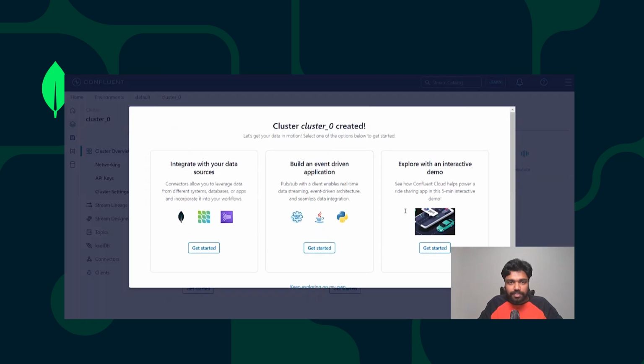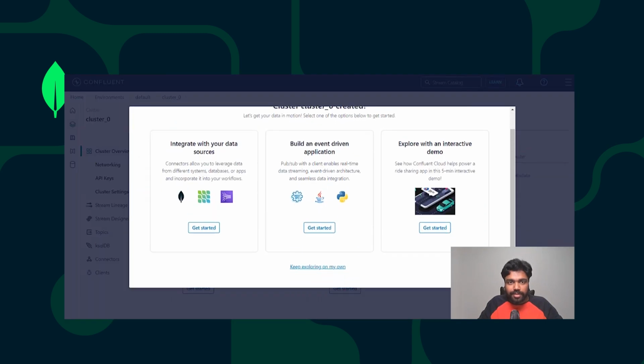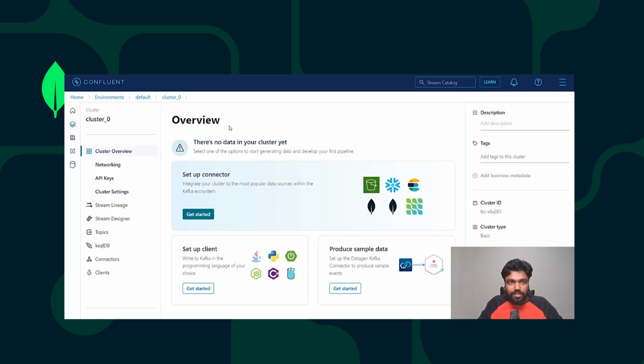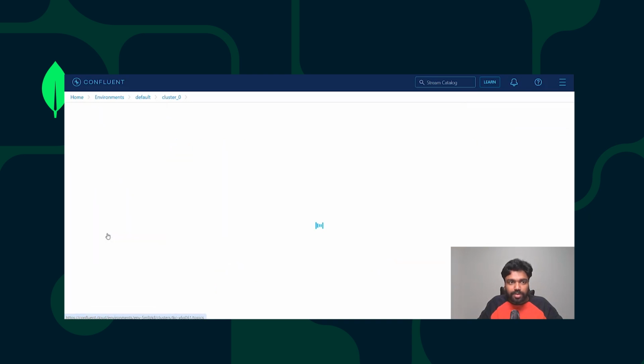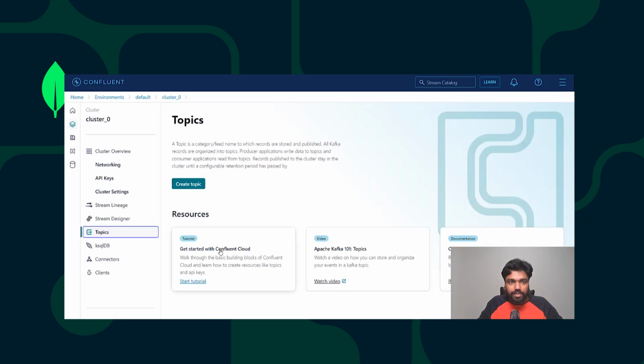So my cluster has been already created, and it's already suggesting me different things which I can do with the cluster. So this is the landing page of the cluster, and here you can see some options, and one of them is topics, where you can see if you have an existing topic. So right now, since it's an empty cluster, you don't have any topic, and we need to create topics if required. We'll get to that. You can also see some other